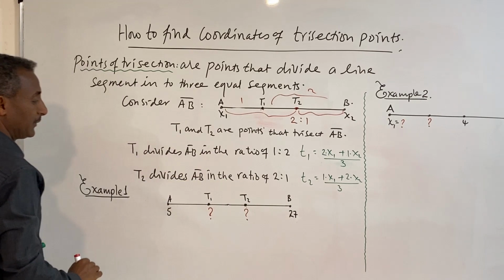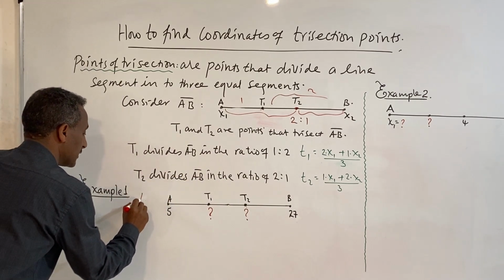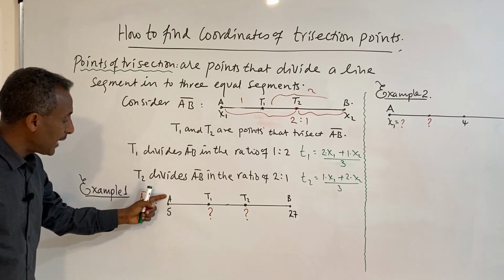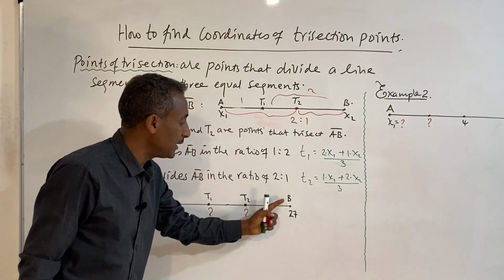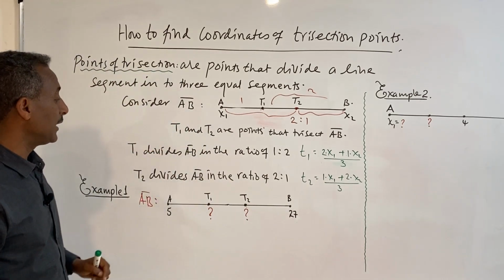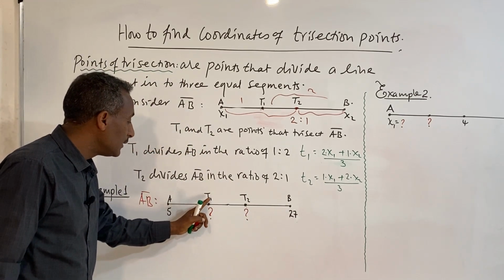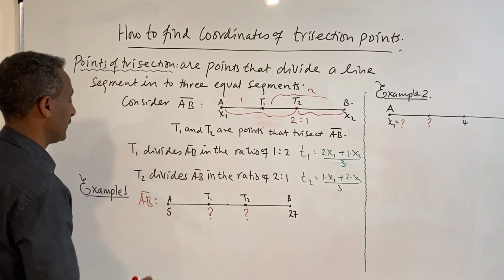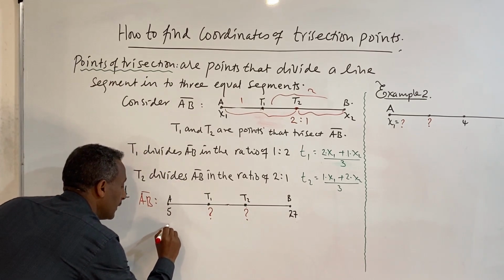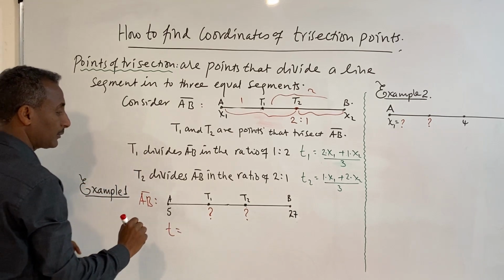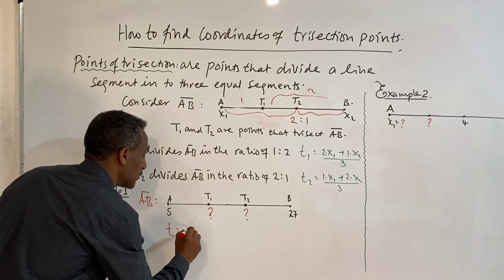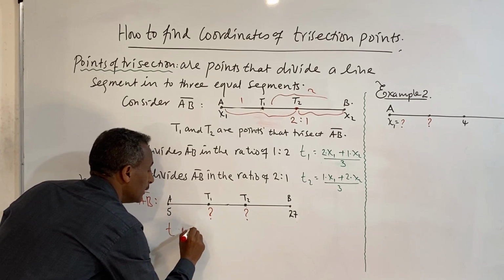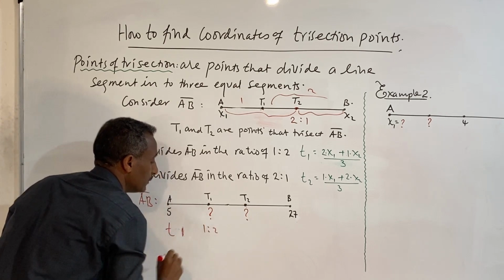ኦኬ አሁን ለምሳሌ ኤ እስከ ቢ ድረስ ላይን ሴግመንት አለን። ላይን ሴግመንት ኤ ቢ እዚህ ጋር say that the coordinate of A is 5 and the coordinate of B is 27. Then we need to find T1 and T2. መጀመሪያ T1 እንፈልግ። T1 ምን እናደርጋለን? T1 in the ratio of ማለት ነው። T1 ratio እንዴት የሚያደርገው? T1 in the ratio of 1 to 2 ነው። በጣም ጥሩ።